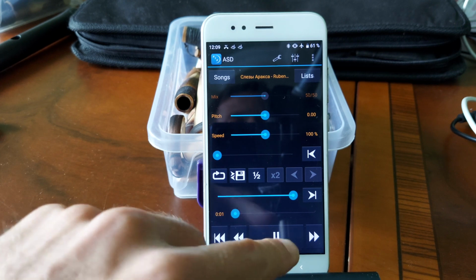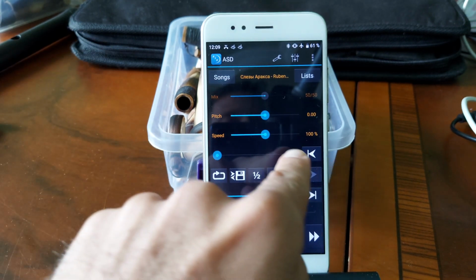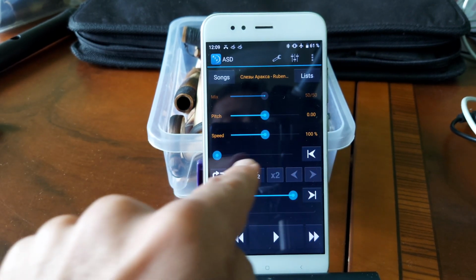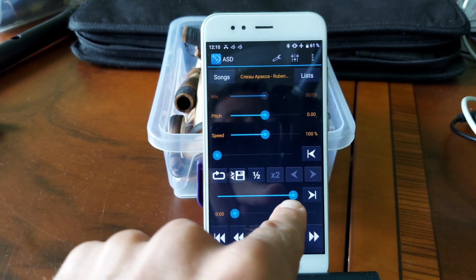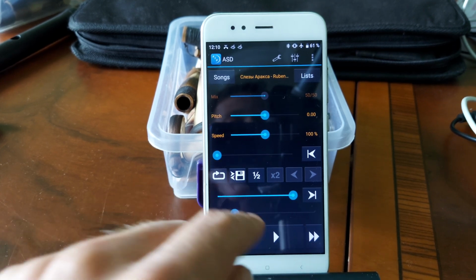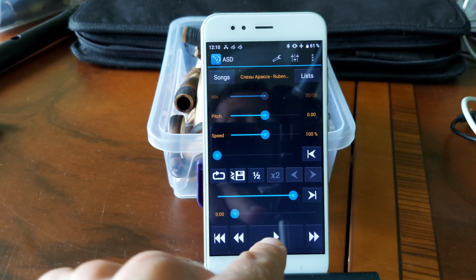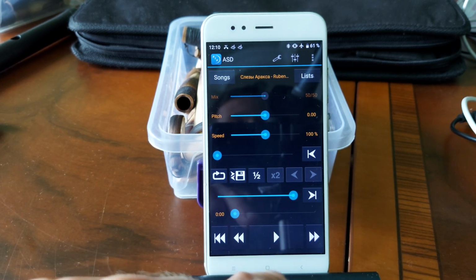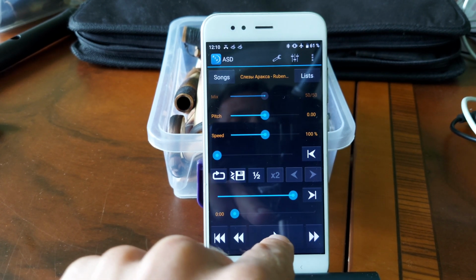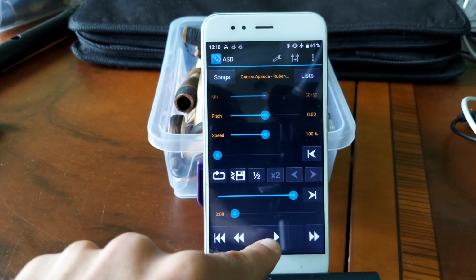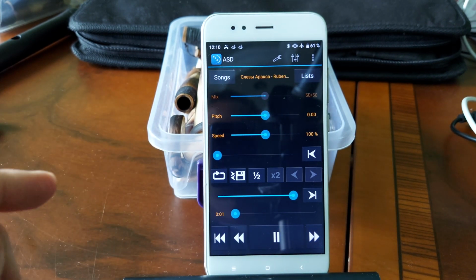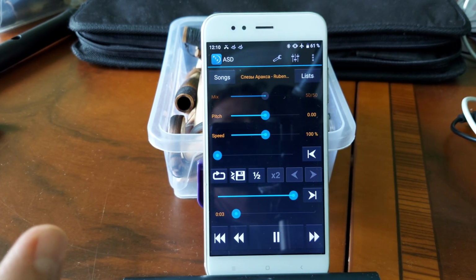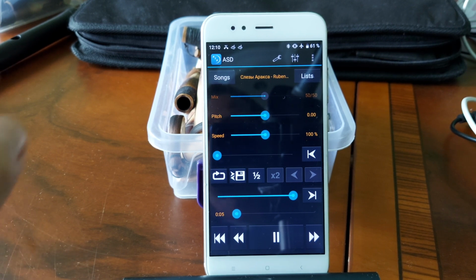So I move it to the beginning. This bar shows us where the loop starts, and this bar shows us where it ends. So now I will play the song from the beginning, and I will stop it after the first phrase and loop it. Look. The first phrase is starting.